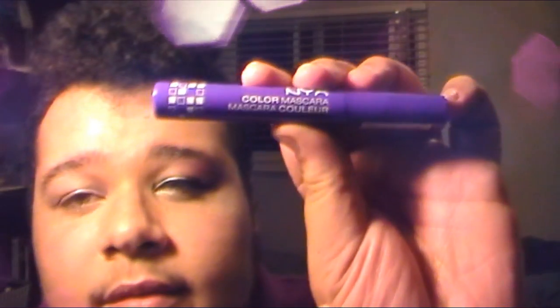I'm gonna put some mascara on, and I'm gonna be using a colored mascara for this. Again, since it's meant to be kind of a mix between neutral and bold, you can use a colored mascara or just black. Or you don't have to use any mascara at all if you don't want to. So this is NYX Color Mascara, and the color is purple/violet. And it's really beautiful if you just take it out and look at it here. It's got a really nice